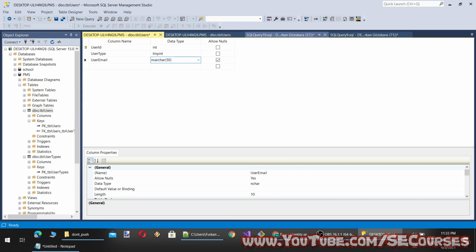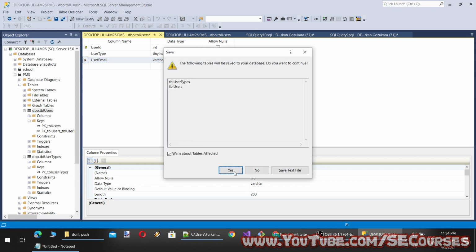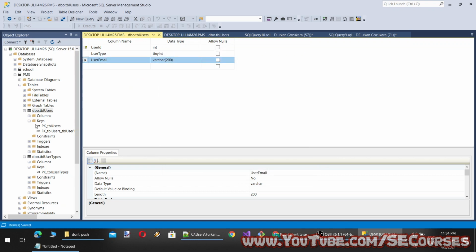Actually, it can be varchar because emails cannot have non-English letters, but we also don't want two users to register with the same email. Okay, so how can we ensure that in the database? We can ensure it with a way like this.